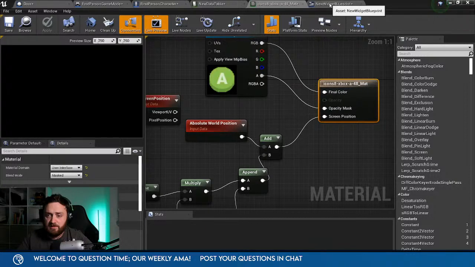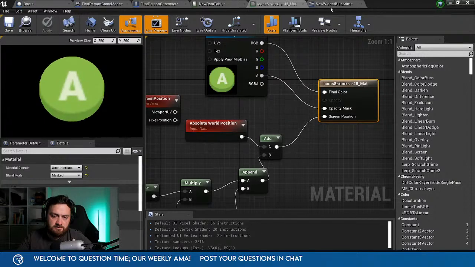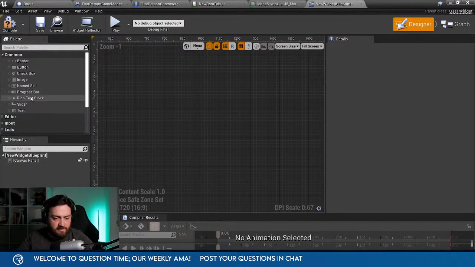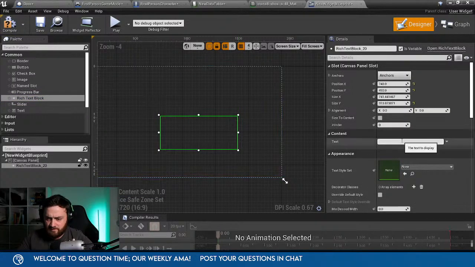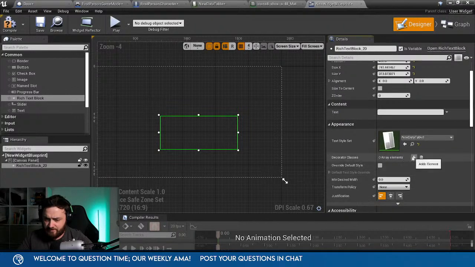Okay, so that does that. That does this. Wait, I have to probably save this. Wait, is the alpha channel on this botched? Shouldn't be. Seems okay. Cool. Right, now we've got that there. That's fine. Okay, rich text block. Let's put one of these in. Okay, text style sheet is this one. Decorator class.